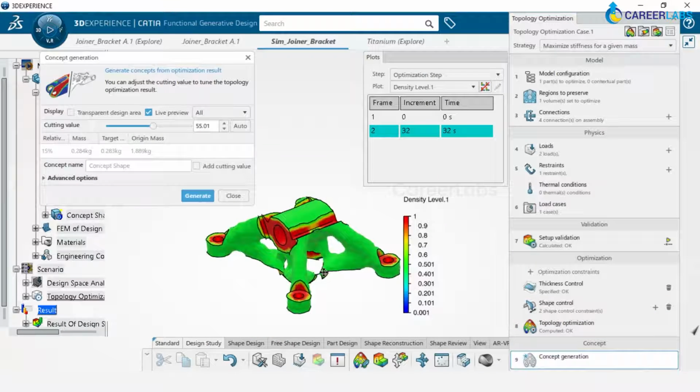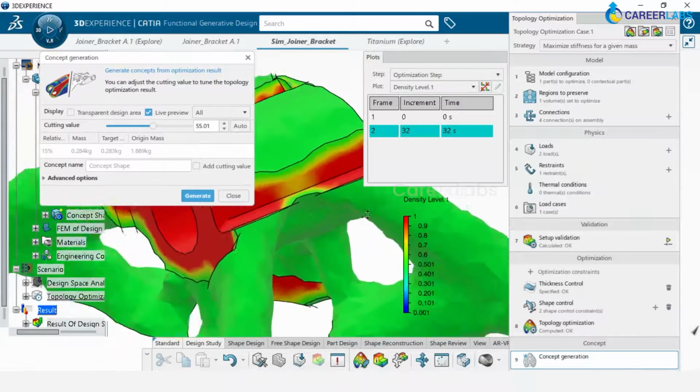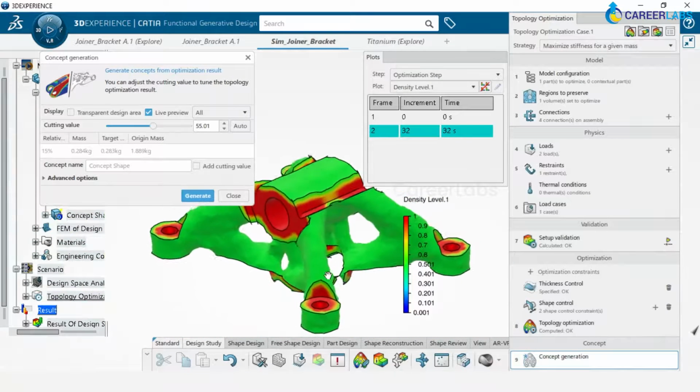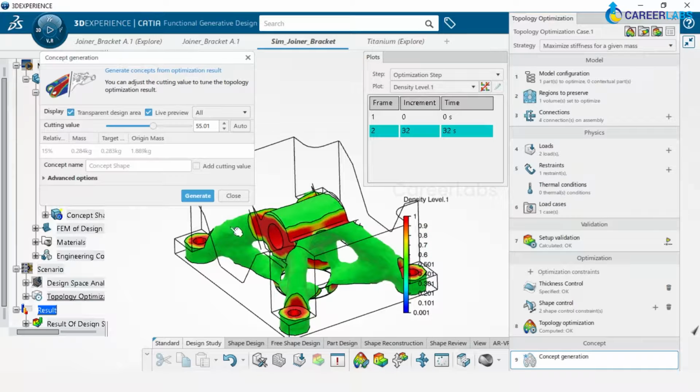Now that the topology optimization is complete, we'll just have a look at the component. So this becomes the final component. Okay, so just to have a comparison, this is the initial volume, and this is the final meshed volume. The initial volume was from a CAD model, and this is the final volume which we are getting out of a topology optimization solution, considering some of the optimization constraints.